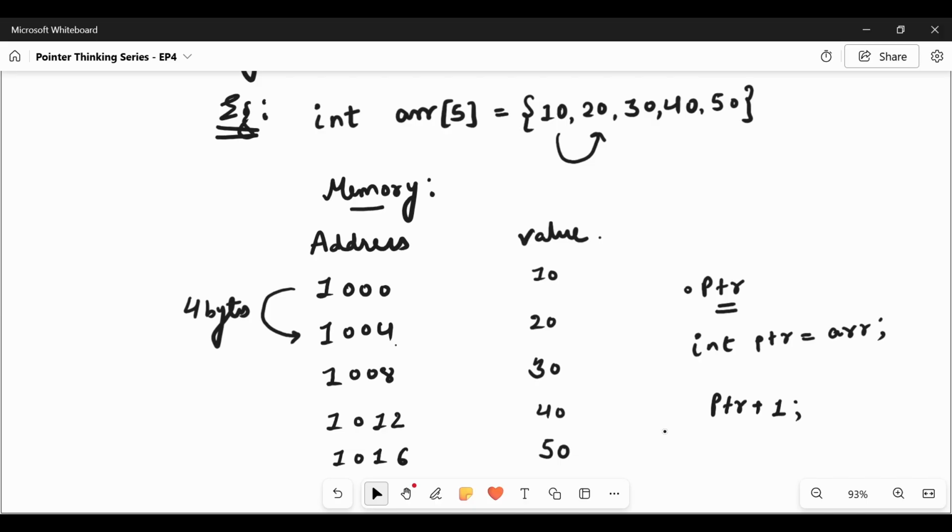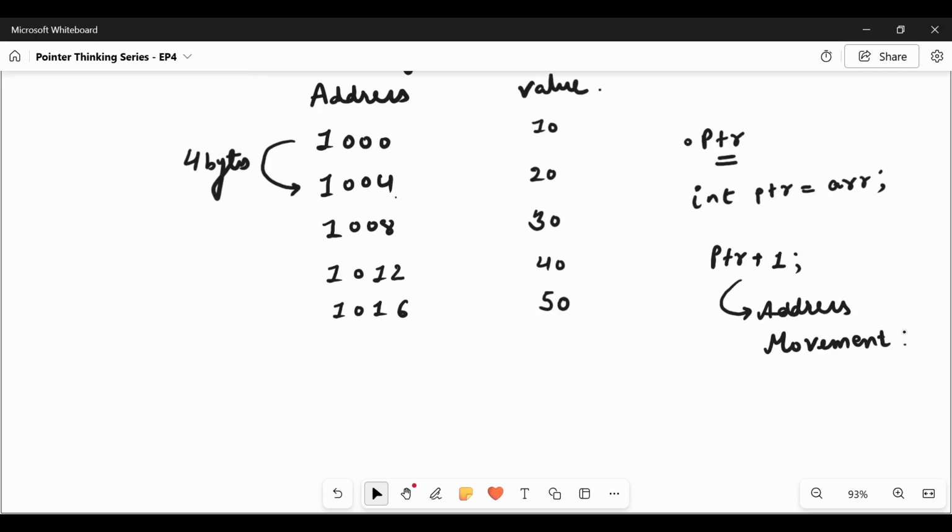So pointer arithmetic automates address movement. This is not object movement, this is address movement. When we increment the pointer or do one addition, it will move to the next address, that is 1004.